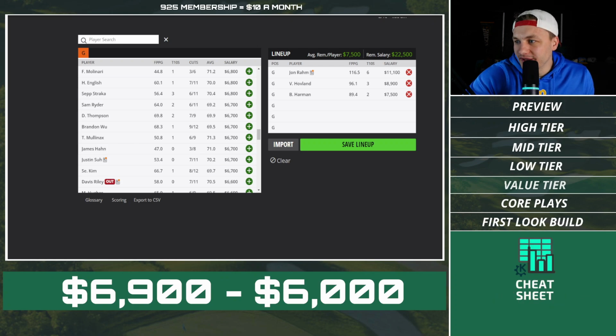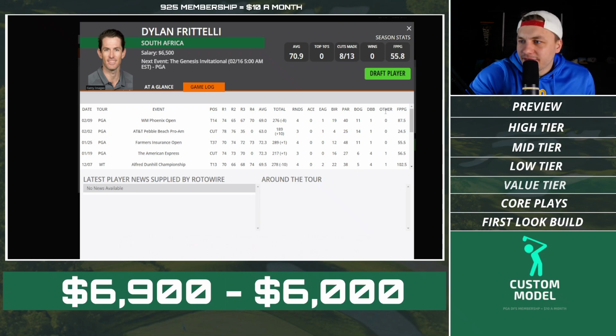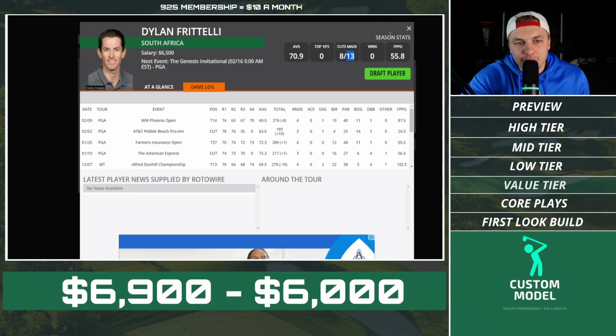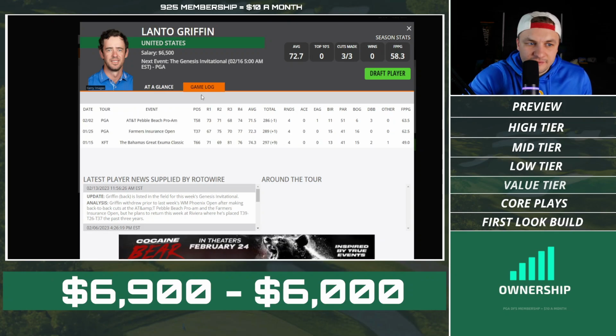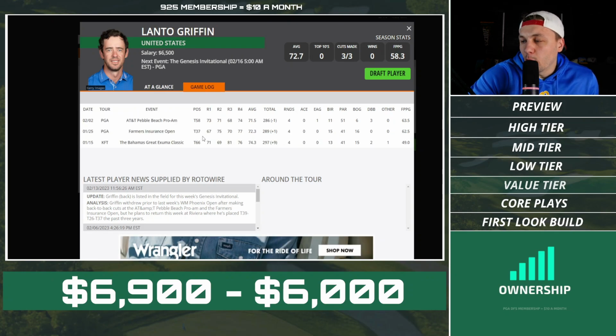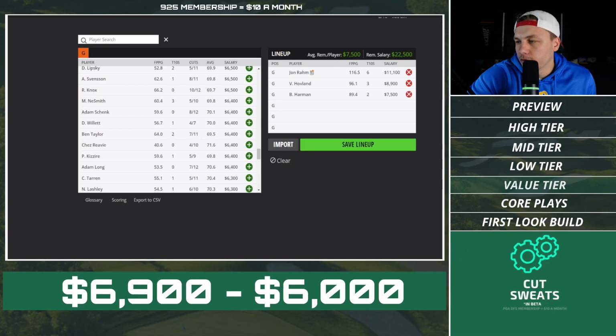I guess Dylan Fratelli, Lanto Griffin, those are 2 players we could end up on as well. I'd be fine with it. 8 out of 13 made cuts. We're fine with that at that price tag. Same thing with Lanto Griffin. He's actually made 3 straight cuts in a row, both at this tournament and on the PGA Tour. I'd be fine with that. Adam Shanks now made 3 straight cuts on the PGA Tour. And then just